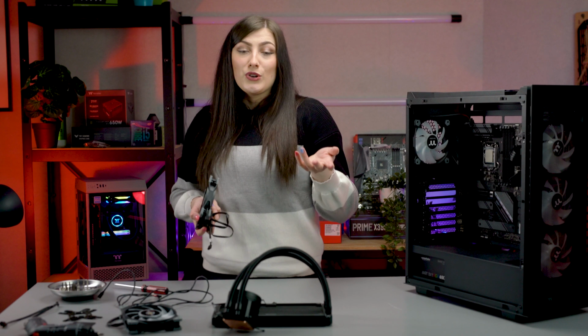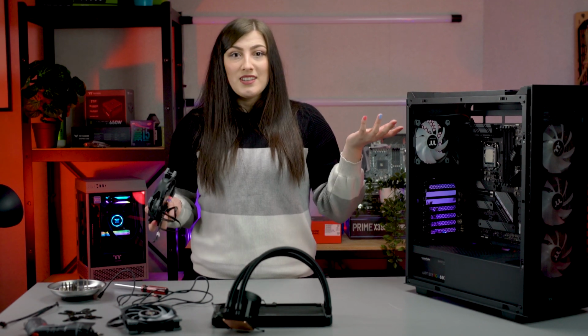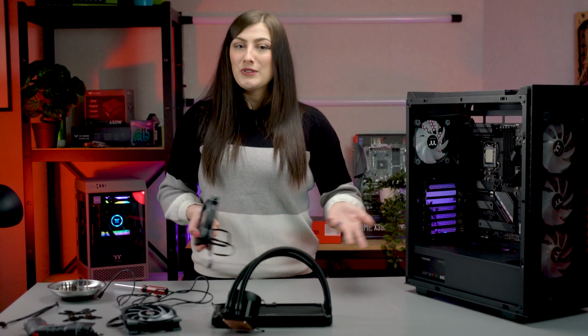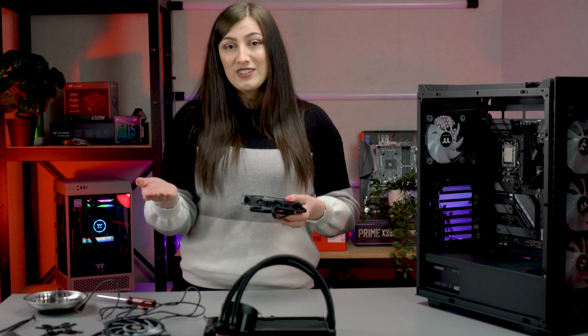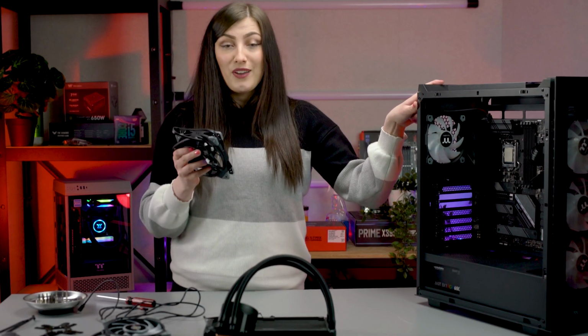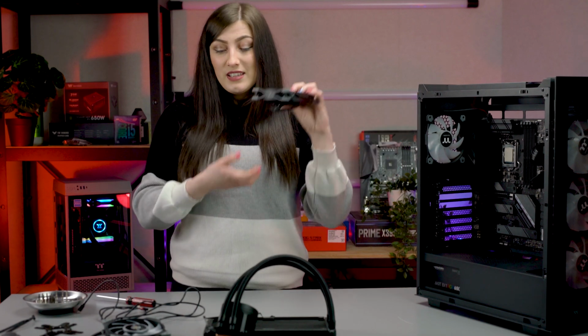The main reason we showcased the intake airflow in the original AIO video was to show that it's an option for some people, because a lot of people don't actually know that you can do that in that direction. Honestly, you don't have to do it that way. Everything really depends on your own configuration. So here, because last time we showed you an intake AIO, we will do the exhaust option this time, and I'm going to screw in these two fans